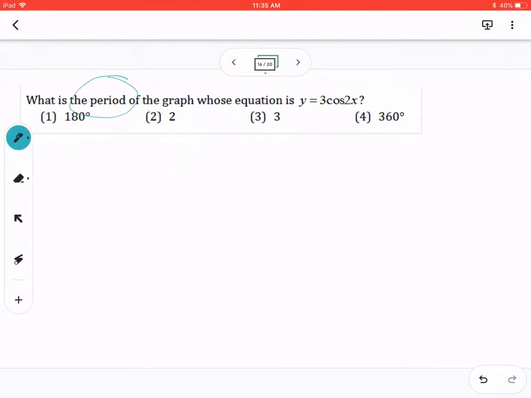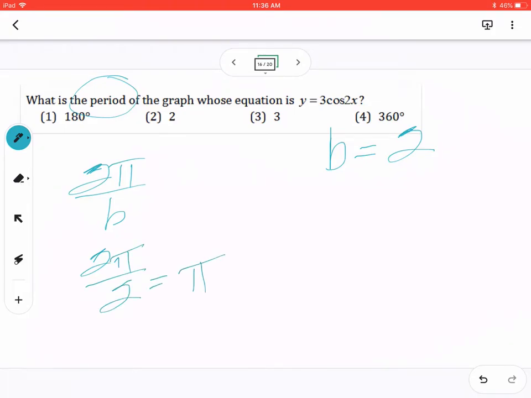And the period is always based off of the frequency value. The frequency is the b value, and that would always be the number in front of the input variable, which is x in this case. Since there's a 2 multiplied by x, the frequency is 2. We find the period by taking 2 pi and dividing by the frequency. So if we take 2 pi and divide by our frequency of 2, our period in this case would be